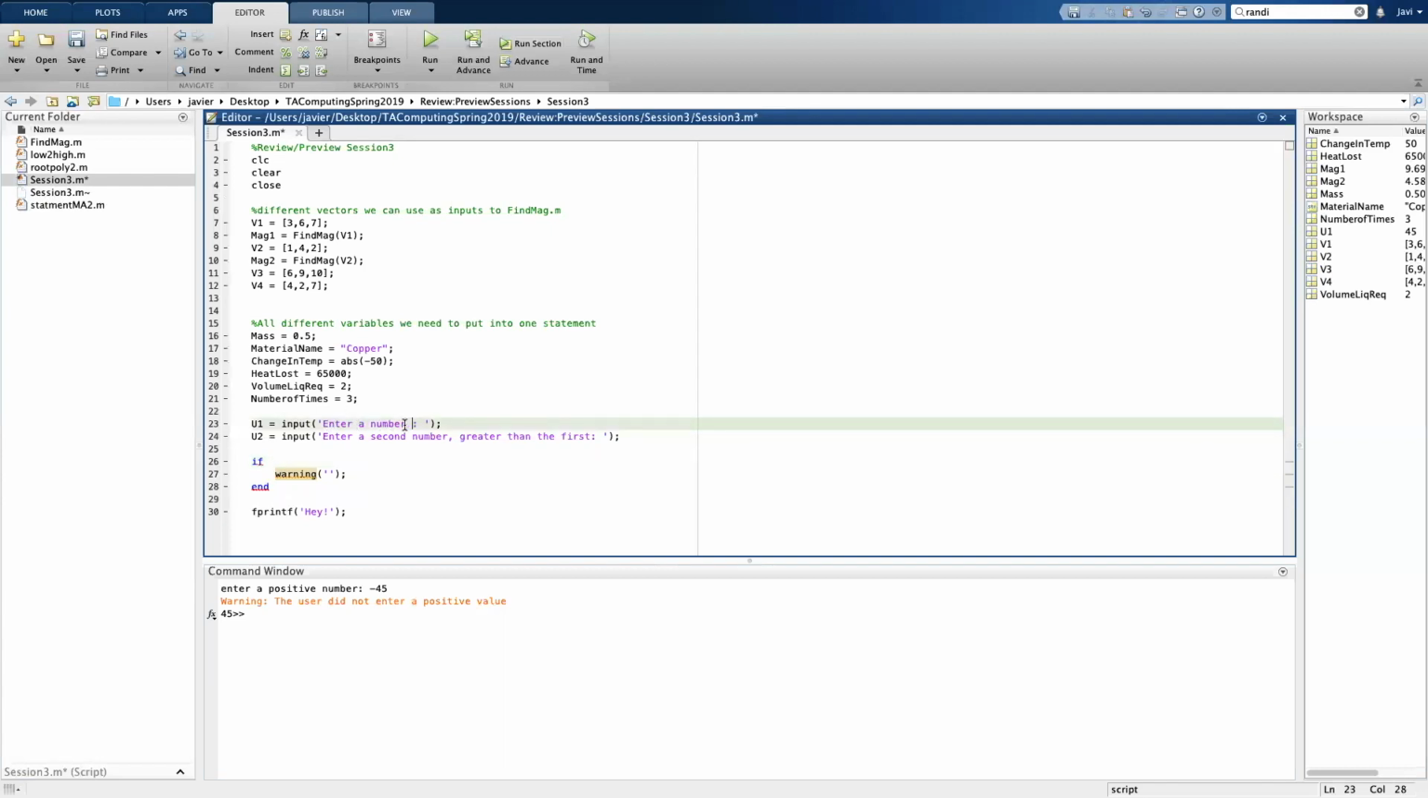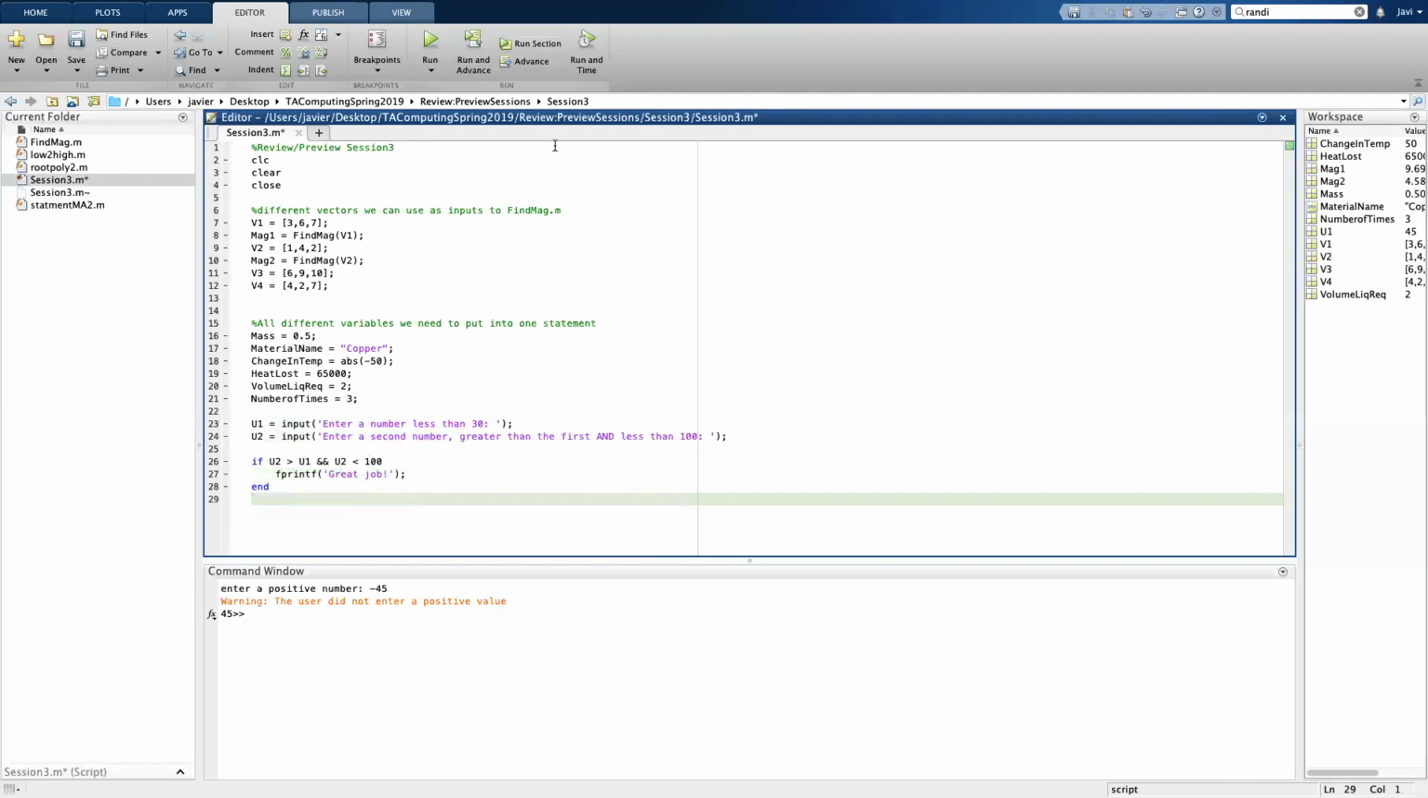Let's say enter a number less than 30. And we're going to assume the user actually enters a number less than 30. And the second number, we want to be greater than the last and less than 100. U2 is greater than U1 and U2 is less than 100. Then let's say, if I run this,